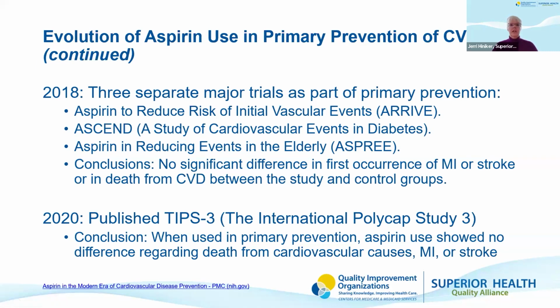We had these initial studies done in the 80s, 90s, early 2000s, that really touted that people should be taking aspirin who met the criteria. And now we're not seeing this as part of primary prevention. One of the main theories is, first of all, and we'll talk a little bit more about this, there are other drugs that have been discovered that can be used for their antiplatelet qualities.